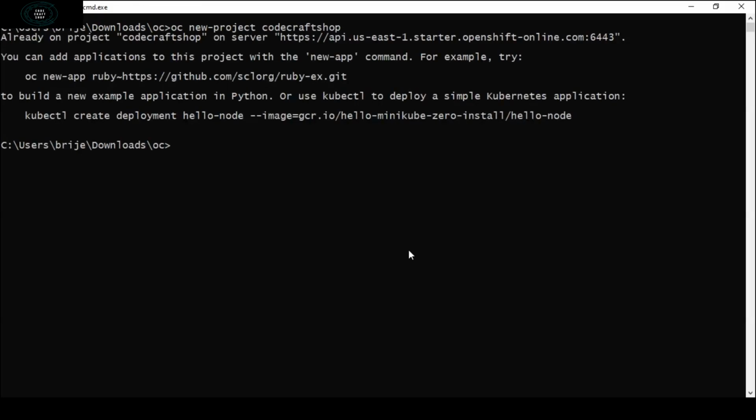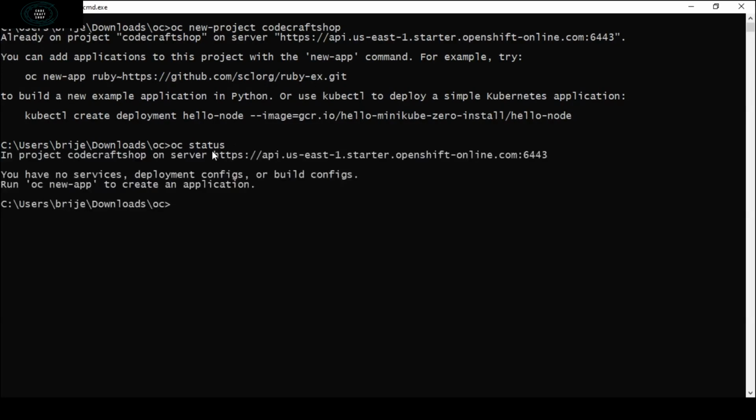It will create a project for me and navigate me to the project that I have created by default. Then we will check the status of the project.